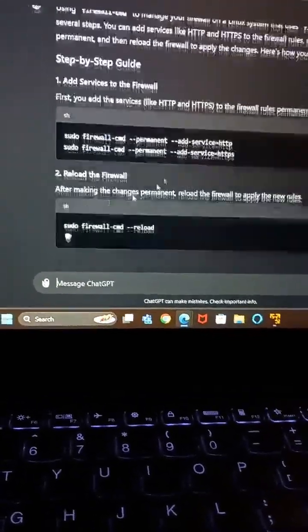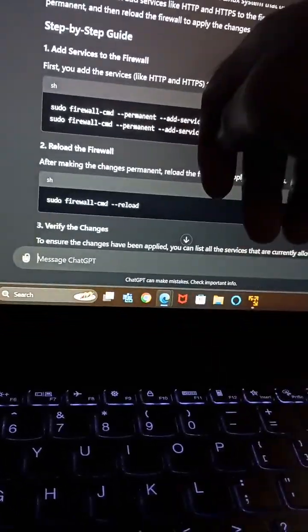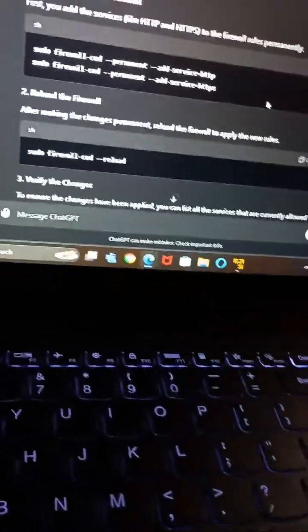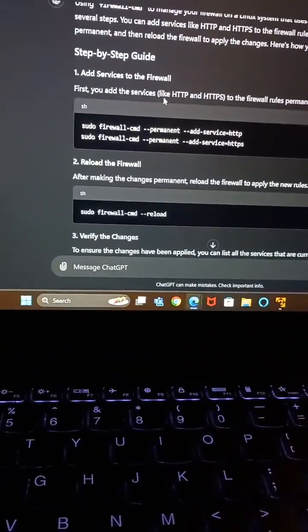So firewall-cmd is the command. This is always going to be the same command. Then you add the service, add service, add service. What are you adding? HTTP and HTTPS. So you could add it into curly braces. First you add the services like